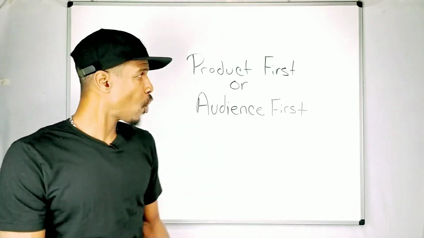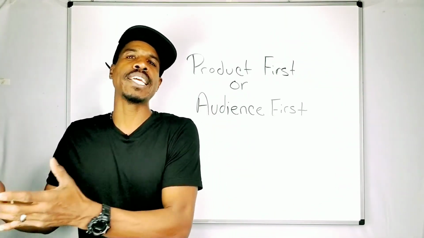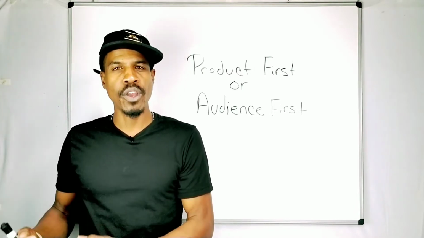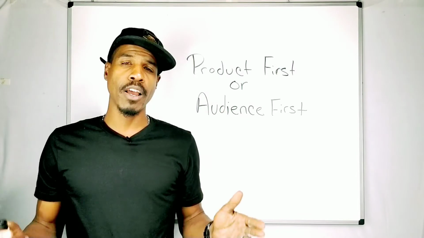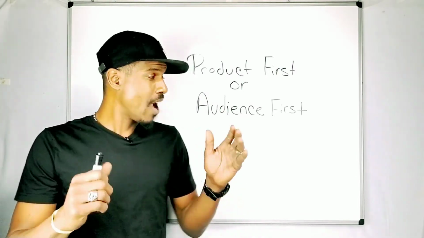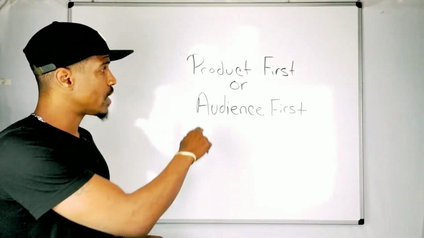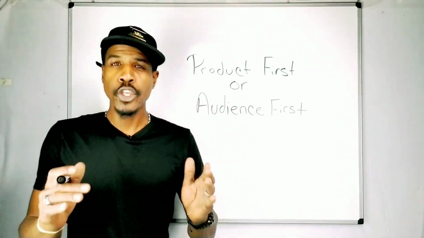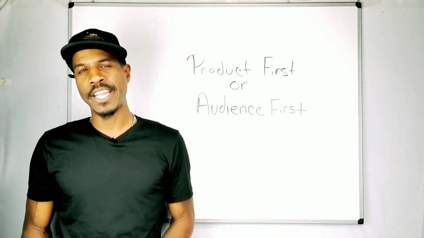Now that you have a story based around the benefit of your product, that is what you can in turn go out and share with your ideal prospect. And this is if you've already chosen the product first method. So if you're at the beginning stages of your entrepreneurial journey and you've already chosen a product to go with, use your product, develop a story, share that story with your ideal prospect.